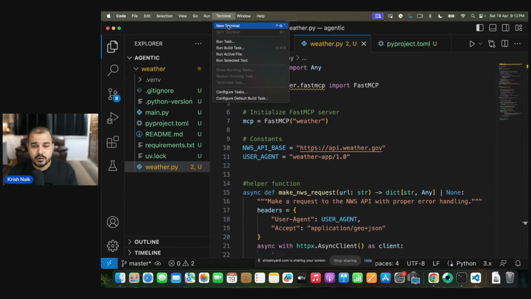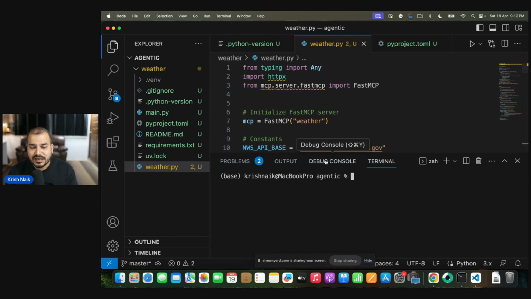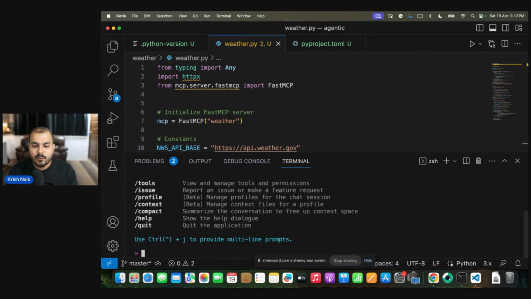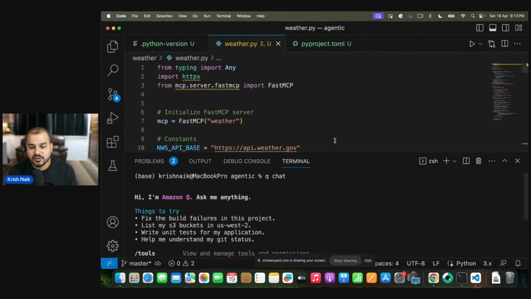So for this, I will just go ahead and open my terminal. I'll click on new terminal. As soon as I click on new terminal, you can see that it is coming in this base environment. Now, in order to start chatting with the Amazon Q CLI, all you have to do is write Q chat in the terminal. Once you write this, your Amazon Q